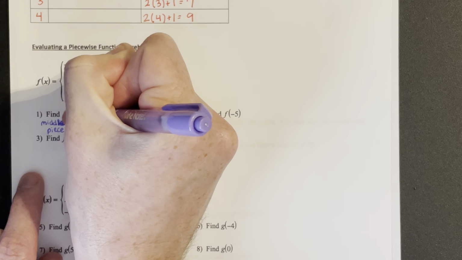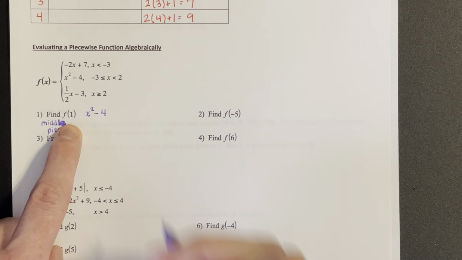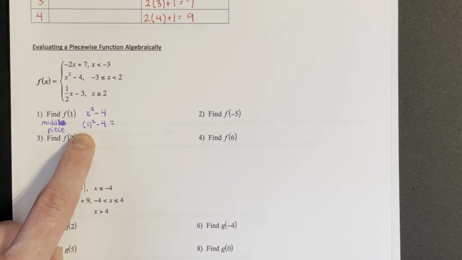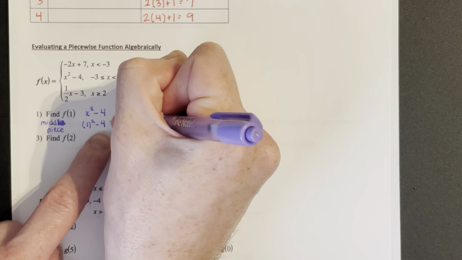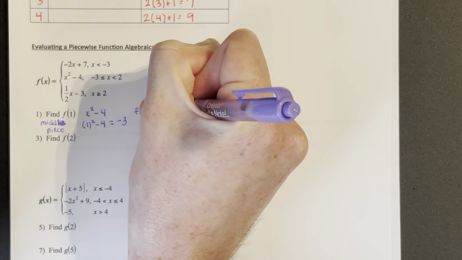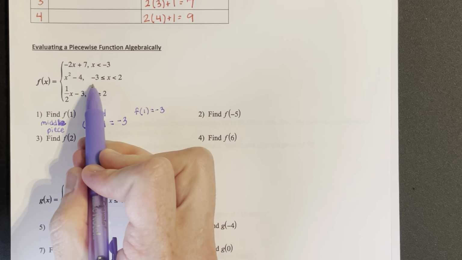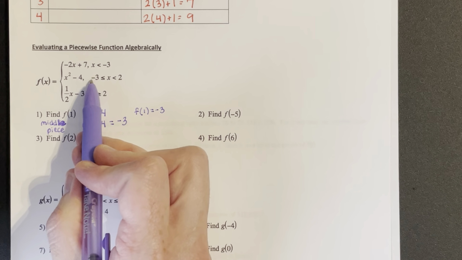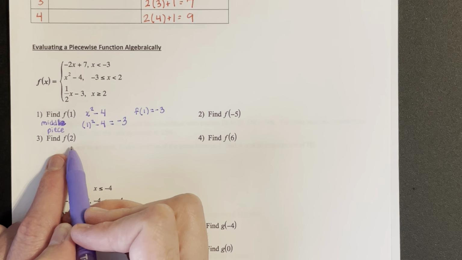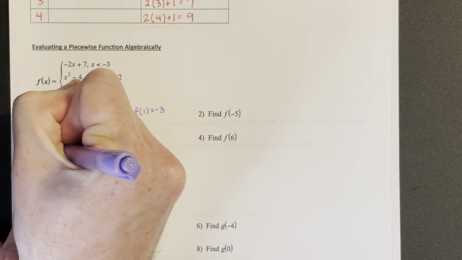which is x squared minus 4. We evaluate it for when x is 1, so I do 1 squared minus 4. 1 squared is just 1, so 1 minus 4 is negative 3. So when we look at this, f of 1 comes out to be negative 3. I'm not going to plug it into every single equation because I'm only looking for where the function is defined for that domain. When I look at f of 2, when x is 2, this is for the third piece, or the last piece,